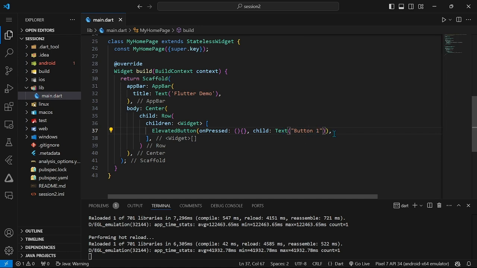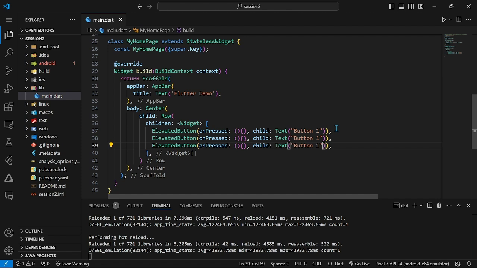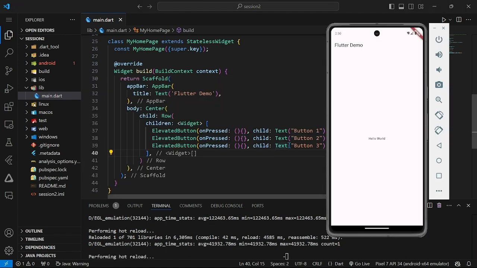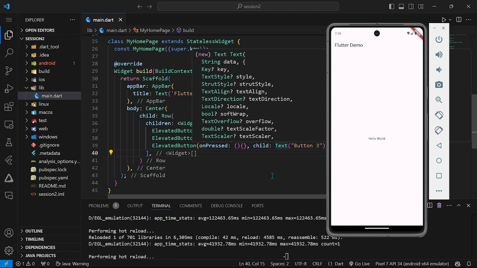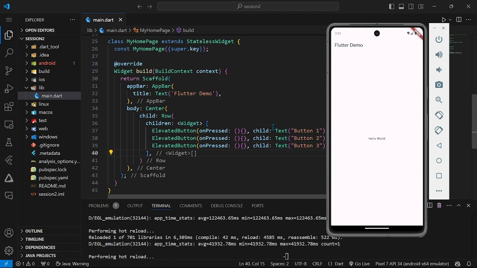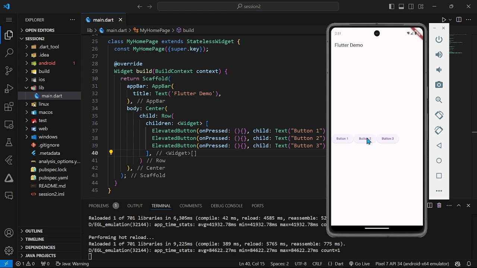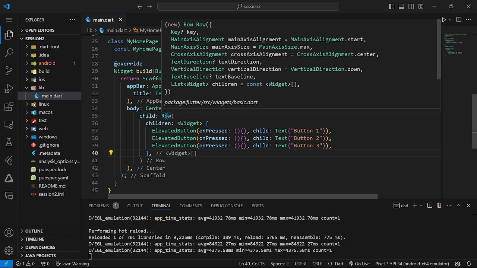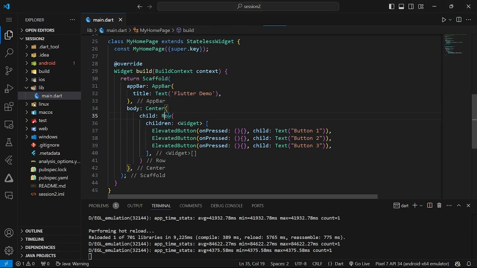and let's add 3 more of them. So now if you run this, we should get 3 buttons in the form of a row here, and these are all elevated buttons. They don't have any functionality added yet. This is added through the onPressed functions. And now just to understand how much space is being covered, if I wrap this row inside, I press Ctrl Shift R, wrap it inside a container,